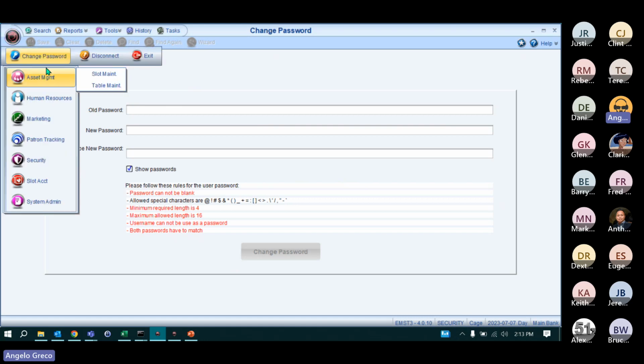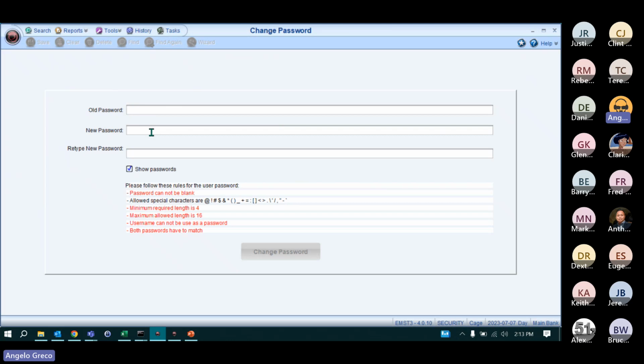This is how you would change your password. You just go to the menu button, go to change password. It'll look like this. Put in your old password, new, retype, and then hit change password. I'm not going to do that right now because I don't want to change my password. But once I hit change password, you'll get a little message down here on the bottom left saying password changed successfully, or